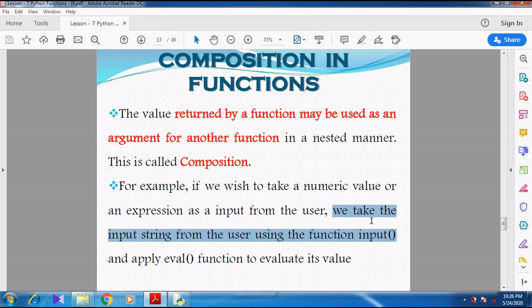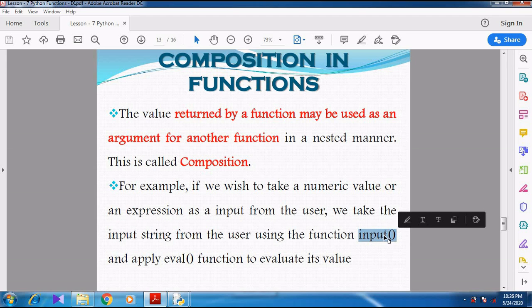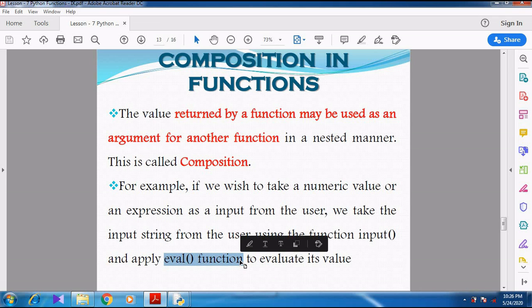Through the input function we are giving the value, expression, or string. The input function receives the value, and then this value is used by another function called the evaluate function.